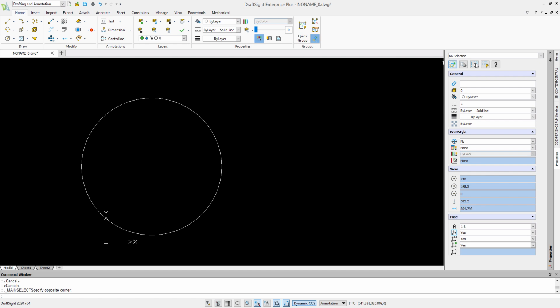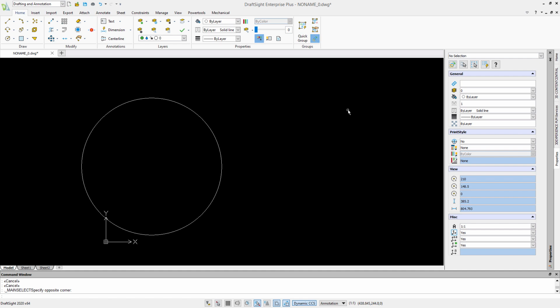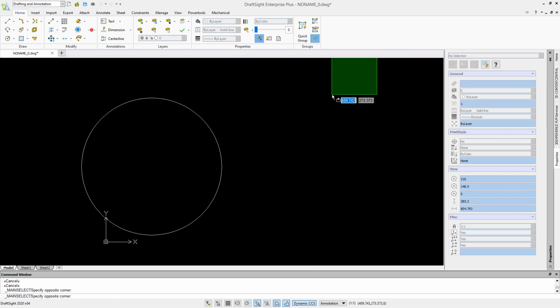The last area to look at are the task panes over on the right-hand side. So we have some different tabs here. The Home tab will let you know the latest service pack that is available, as well as links to the support community. I have a Properties tab in there as well. And you may find other tabs appear there depending on different add-ins or functions that you have enabled. If you don't have the Properties tab up there, you just right-click and you can just select it from that list.